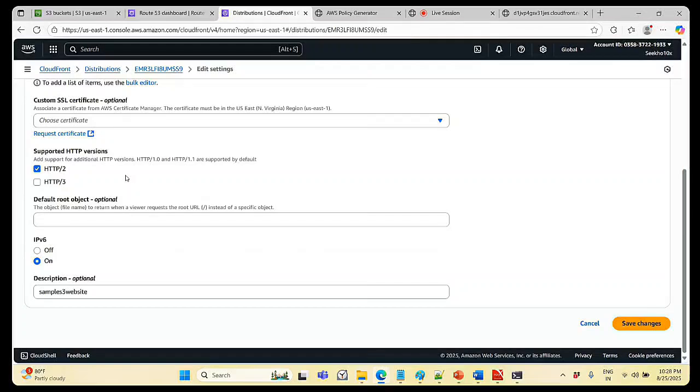Sometimes you will face an issue when you are trying to access the website. You will get an error saying that the HTTP version is not supported, which means your site is not supported. At that point, you need to analyze which site you are using and how it is redirecting. Is the supported version enabled or not? You need to check that. Here it says 1.0 and 1.1 are enabled by default, but sometimes if you want to enable HTTP 2,